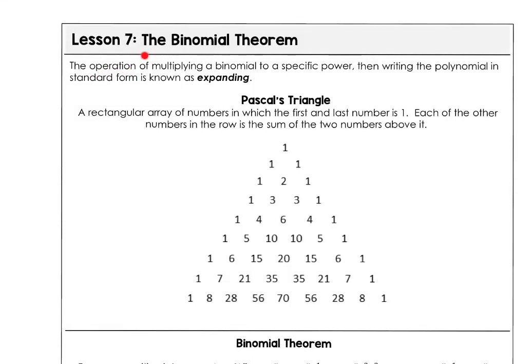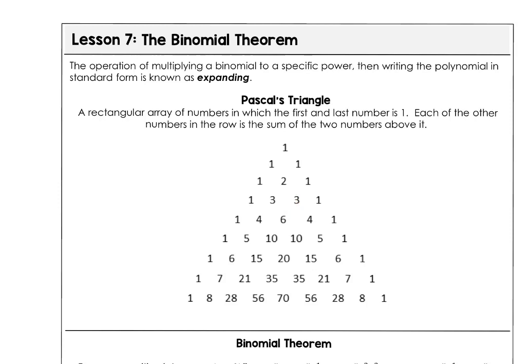Lesson 7 is all about expanding binomials using the binomial theorem and Pascal's triangle. We call Pascal's triangle a rectangular array of numbers where the first and the last number in each row is a 1. And each of the other numbers in the row is the sum of the two numbers that are